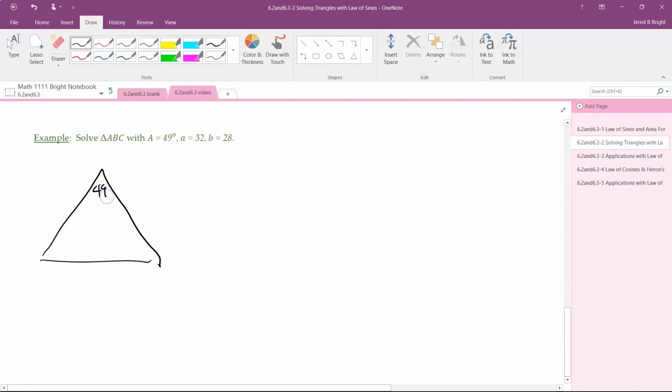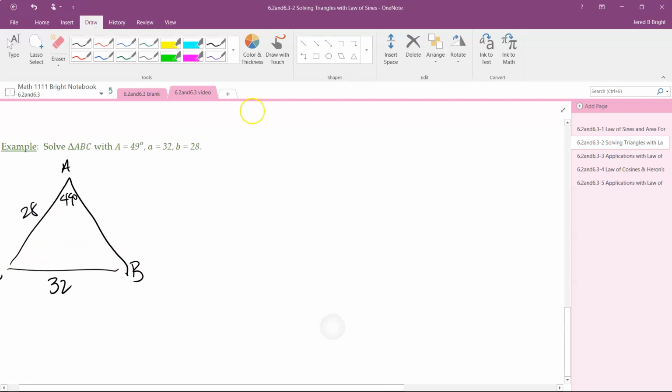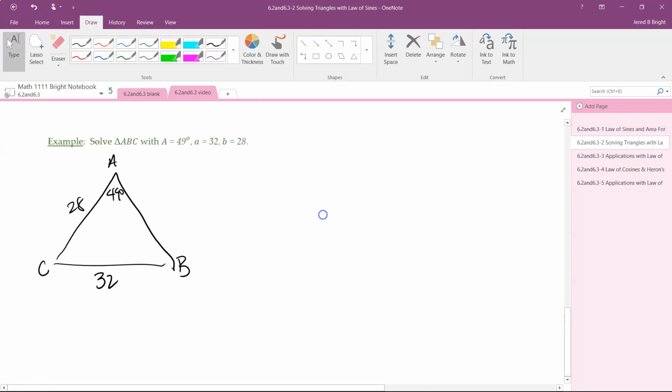That's okay. 49 degrees, this is A, and we know its corresponding side length is 32. B, let's see, we normally go counterclockwise, so that's going to be here. This is 28, and this is C. Okay, so then I go ahead and just keep on solving. So we have sine of 49 over 32 is equal to sine of B over 28. Okay, and solving for sine of B, I get